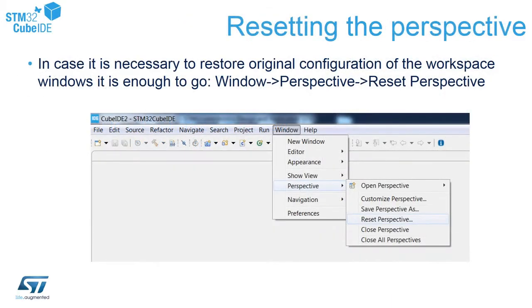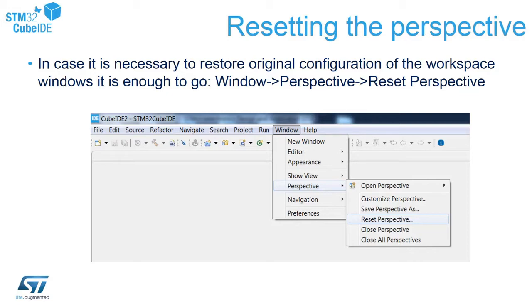Another important point once you're working with STM32Cube IDE is perspective management. The perspective is a set of windows which are used in the current step of the development. We can have 3 main perspectives within STM32Cube IDE.